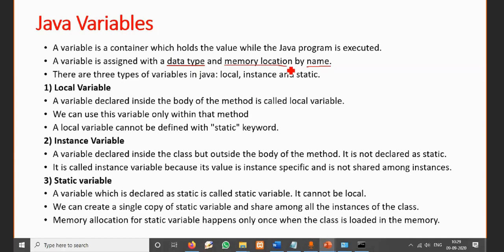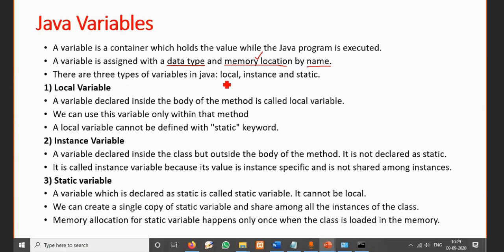Once you have specified the data type and name, the memory location will be assigned by your compiler. If it is static memory allocation, the compiler does it; if it is dynamic memory allocation, it will be allocated by using some function, where the operating system interacts and then memory is allocated. So any variable you take will have a name, a data type which we want to hold, and the memory location of that particular variable. Fine. And when you go to Java, there are three types of variables in Java: local variables, instance variables, and static variables.